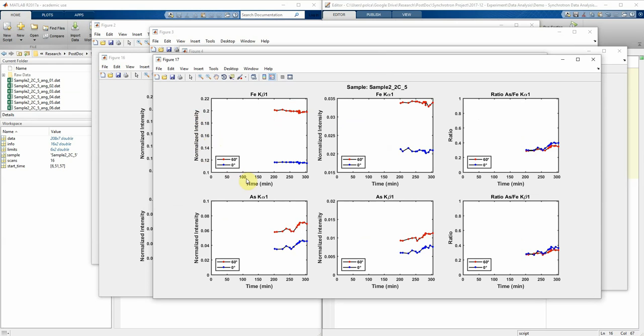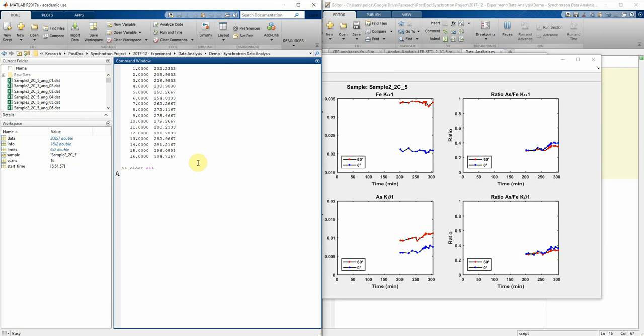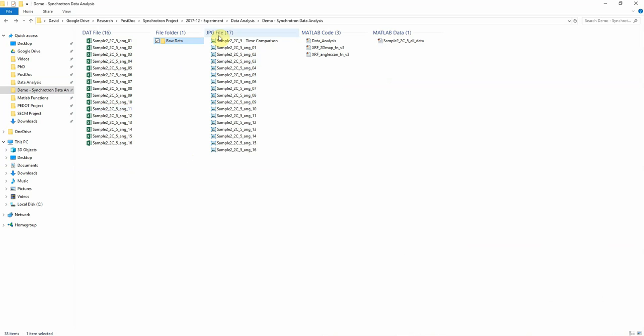So here we're doing intensity over time. So now it just opened a crazy amount of windows. So I'm just going to close them all. I'm going to just do close all. Okay. So let's see what the data looks like. If we go into the folder where we saved this file, you'll see now we have a bunch of new JPEGs. So if we open it here,